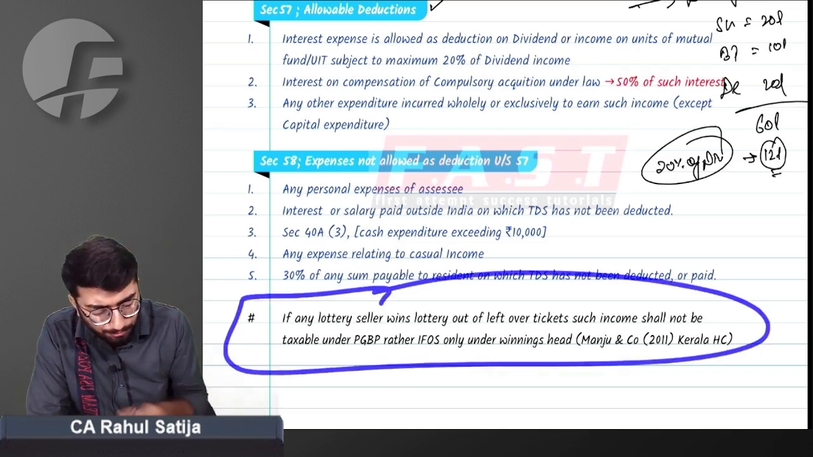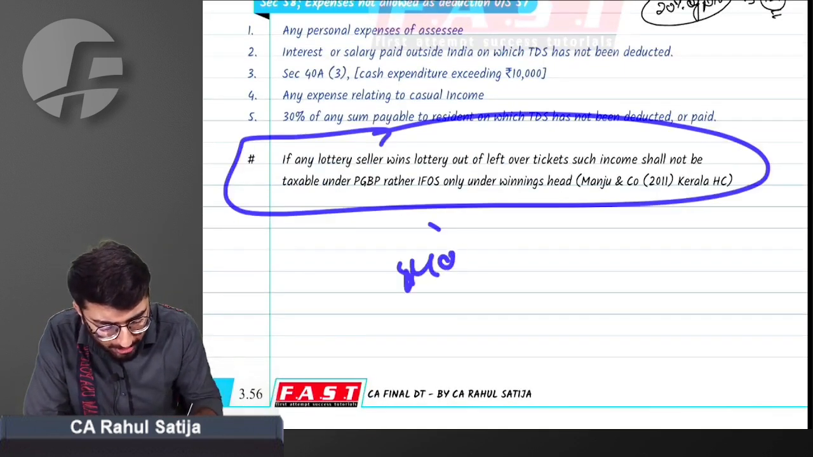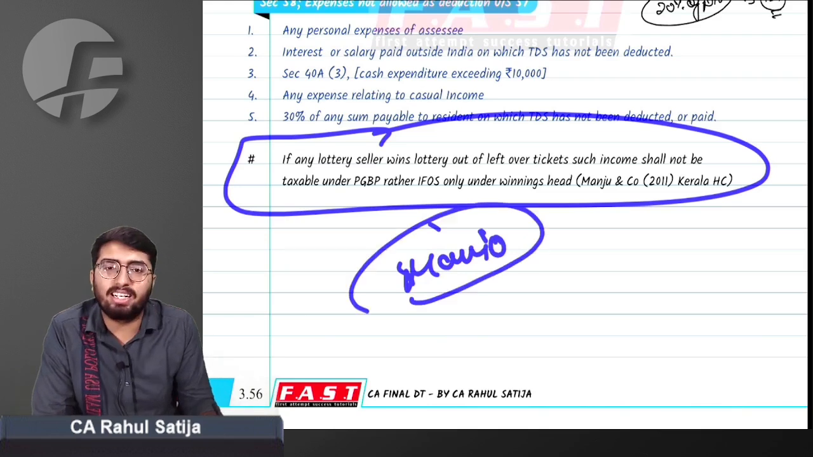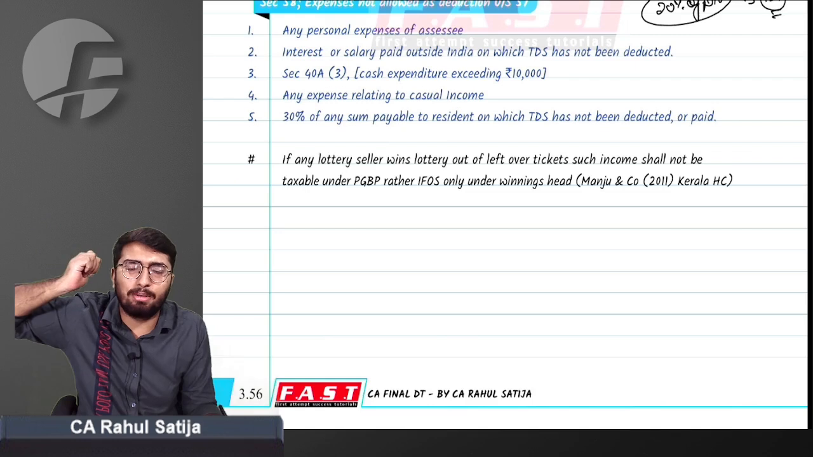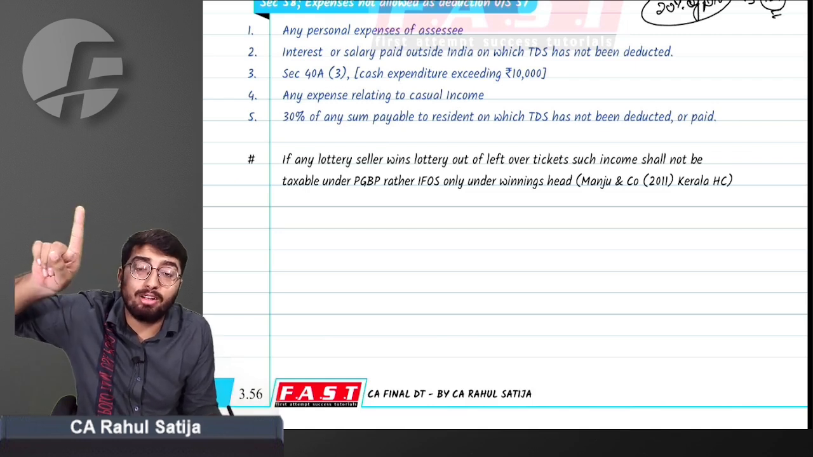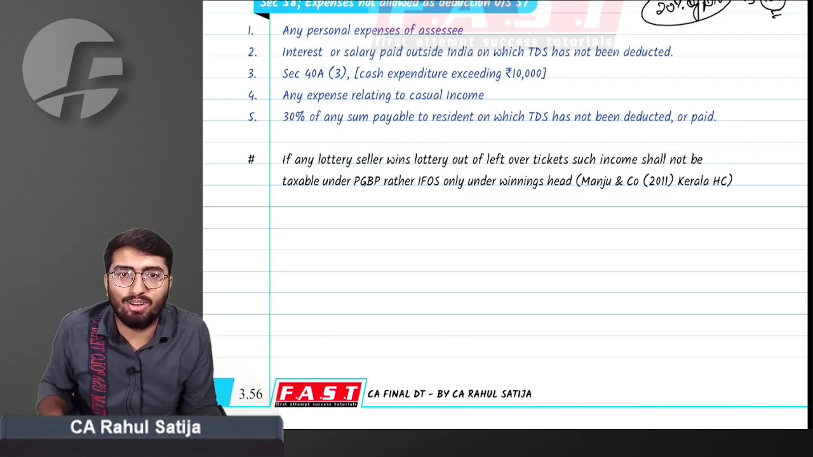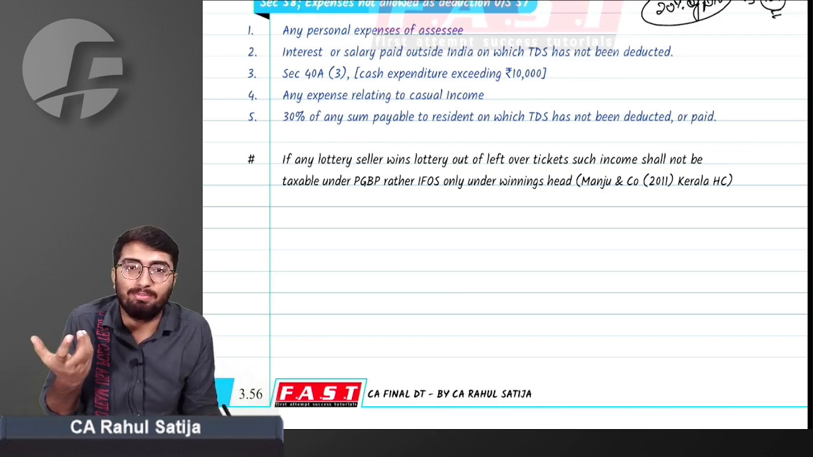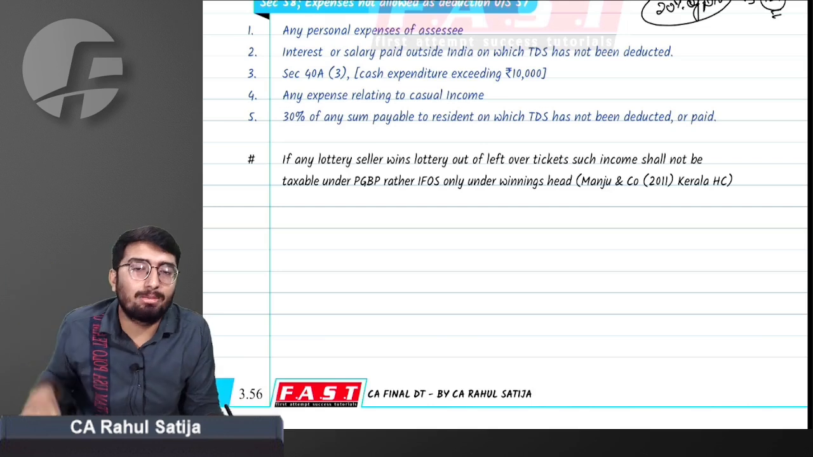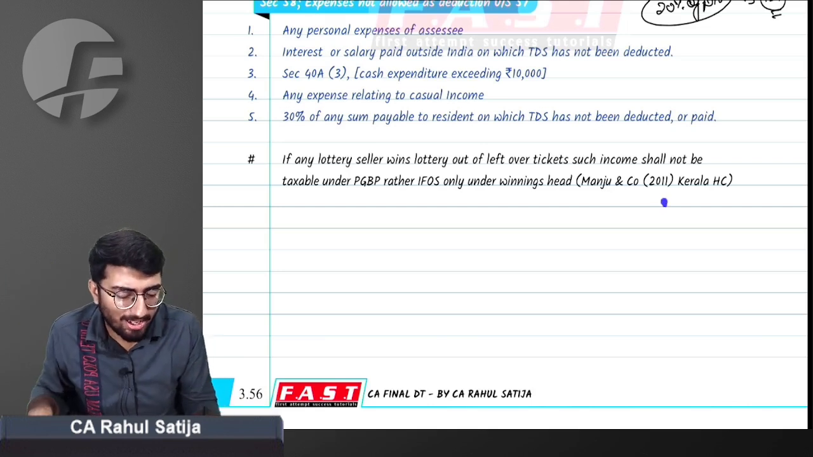Last, there was a case law. Manju and Company was a dealer of state lottery tickets. One day they were not able to sell their complete tickets. One of the leftover tickets gave them 1 crore lottery. Manju and Company claimed that since our business is of lottery, this lottery winning shall be taxable under PGBP. Right answer is, Kerala High Court said